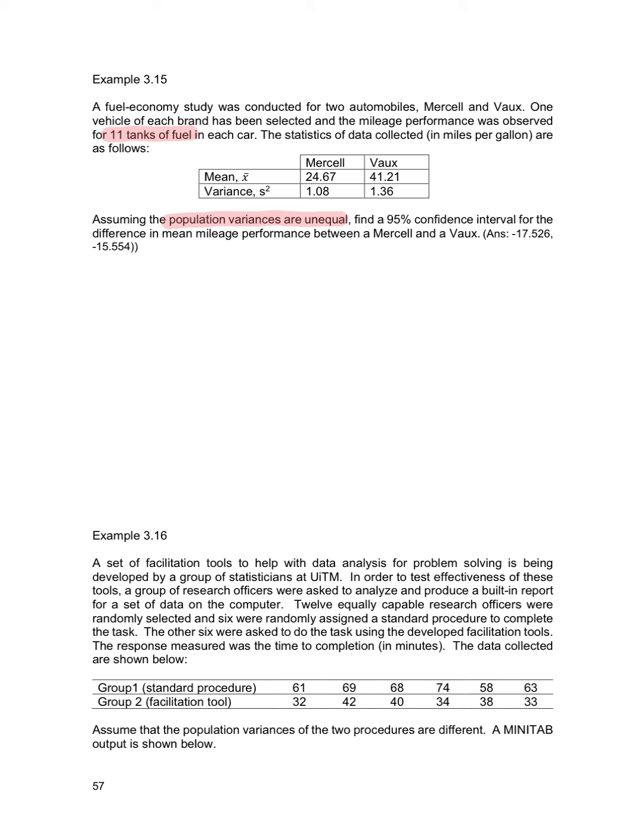Okay, so that means we should use T. And then for the other one, the assumption was that the population variances are unequal, so that's why it falls under case number 3. So what should we do? First, we need to find the value of the degree of freedom. So our degree of freedom equals to